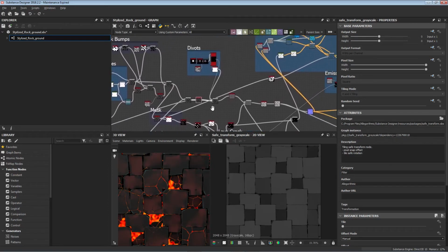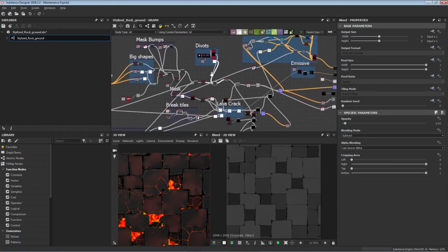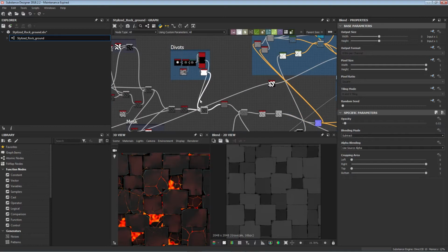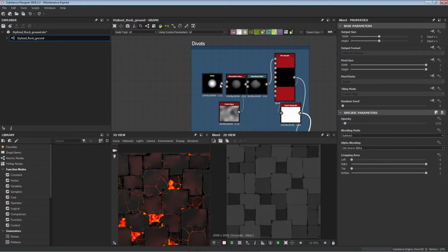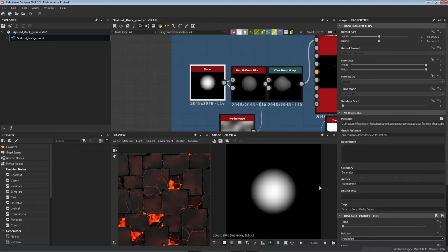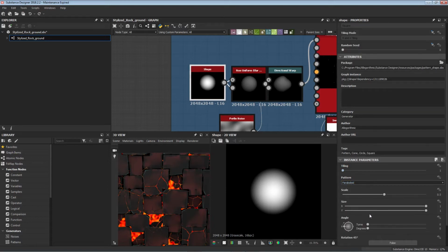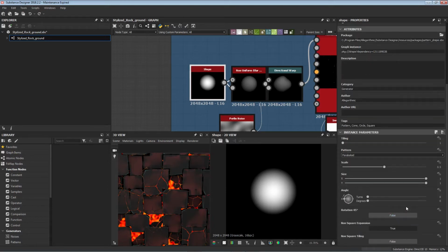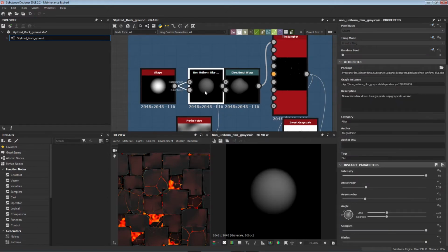But now we're on to this little section, which is where we're going to be adding sort of divots to the material. Now the divots are very simple. They're just a normal shape. It's just a paraboloid, and it's a tine of 1, scale of 0.5. That's about it really. And then we're just doing a non-uniform blur, and we're just plugging it into itself,